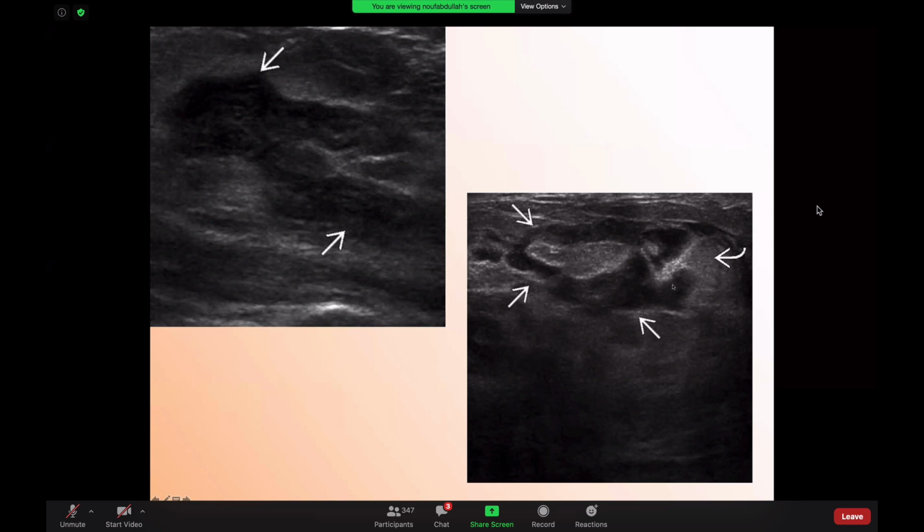The same thing here. This is just an inflamed fat. You have an inflammation with some fluid around it. So this is an area of mastitis with an abscess. So something like that, the clinical history is extremely helpful and important. So if you have a young lactating patient coming with symptoms and you have this picture, then most likely you're dealing with mastitis and abscess. You would correlate clinically. Probably you can aspirate. You can give the patient antibiotic and do follow-up in 2 to 3 weeks. But if the patient is 60 years old with something like that, you have to be careful because you might be dealing with an inflammatory breast cancer.